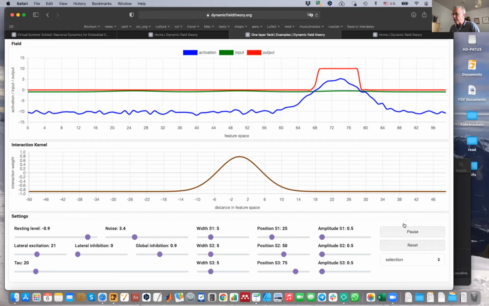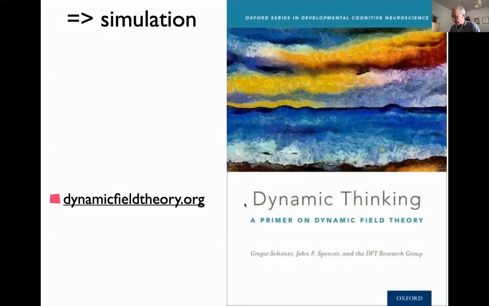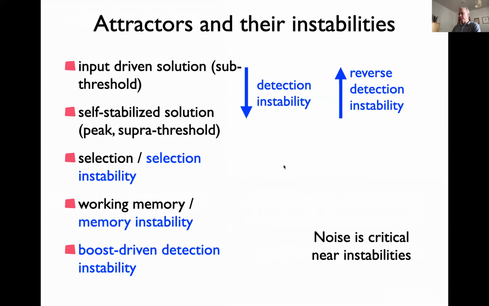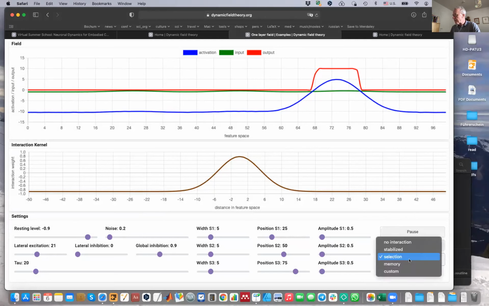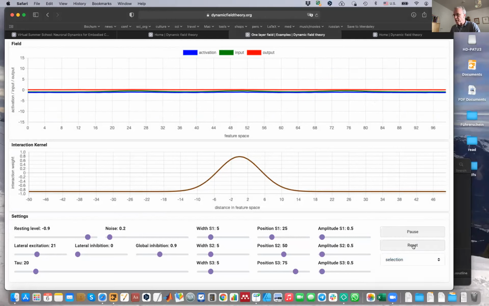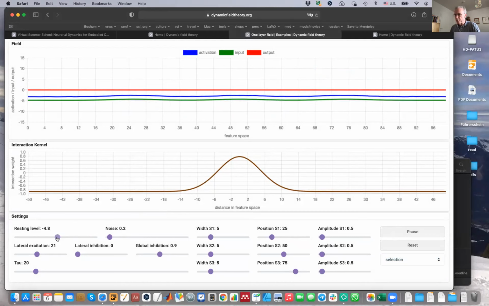Yeah, I think those are the points I need to make. Let me remind myself if I did all of those. Oh no, I forgot one, which is the working memory situation. So let's just reset that here. Oh, it doesn't. Let's put that to the regular -5. And so